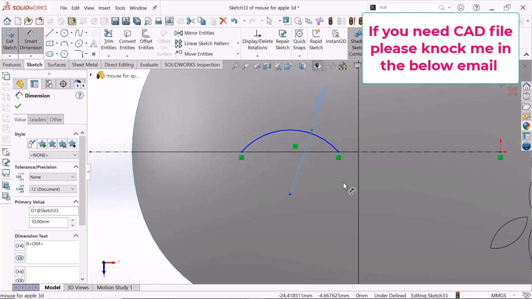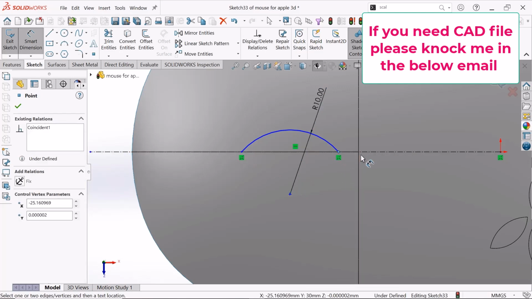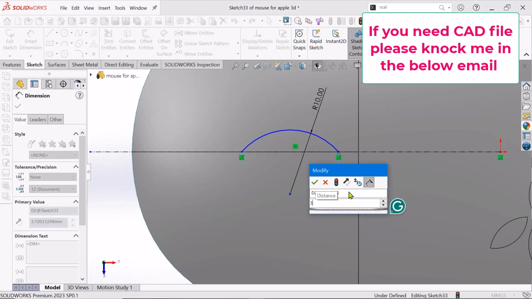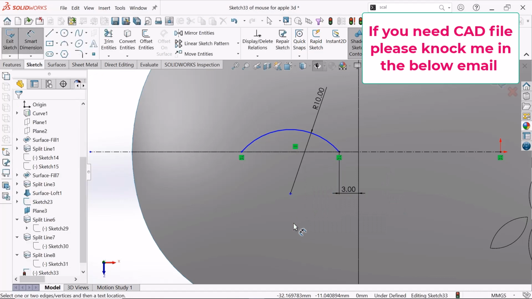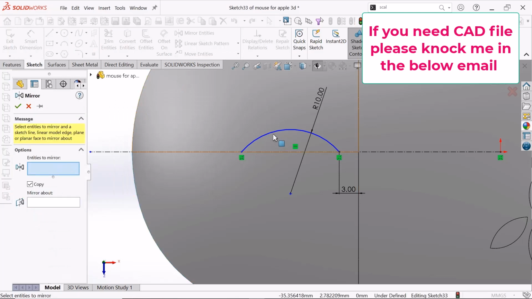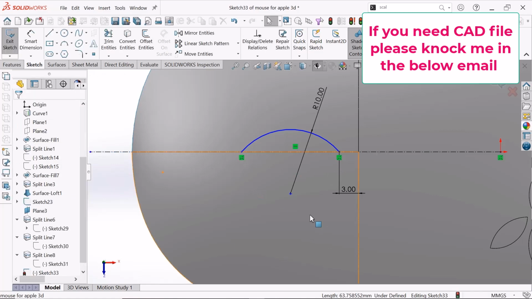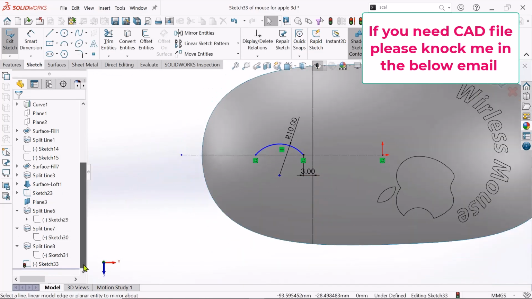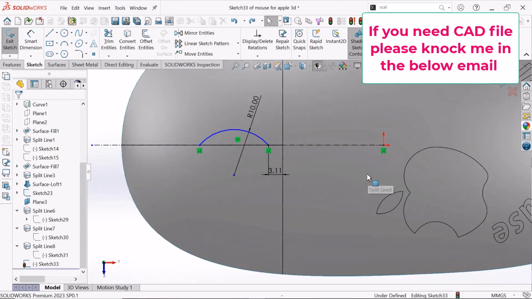Yeah, distance from this point to this, make it 3 mm, enter. Yes, and go to this mirror entity, choose this mirror entity to mirror, choose mirror about, this and click OK. So, it does not mirror, so just Ctrl Z. Okay,